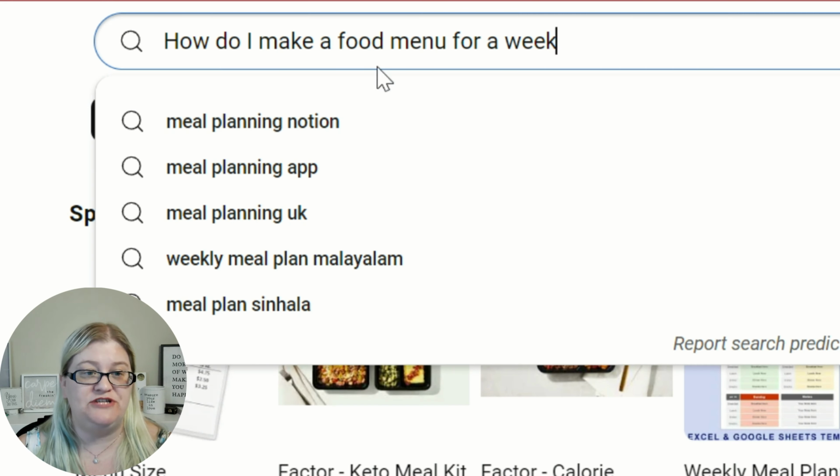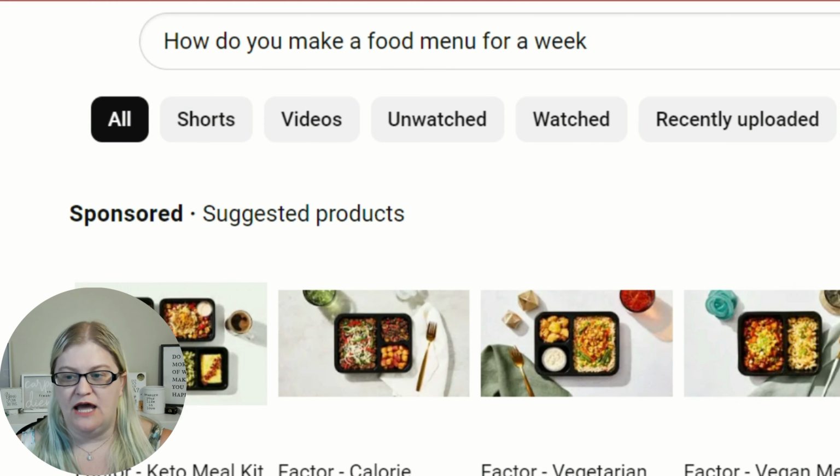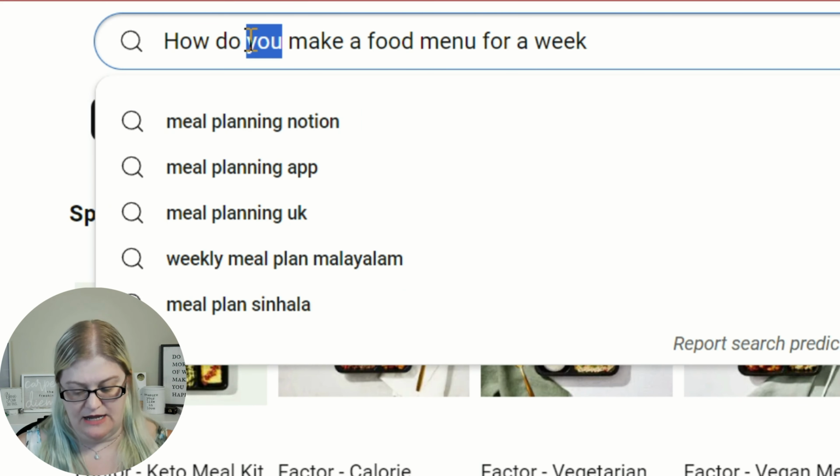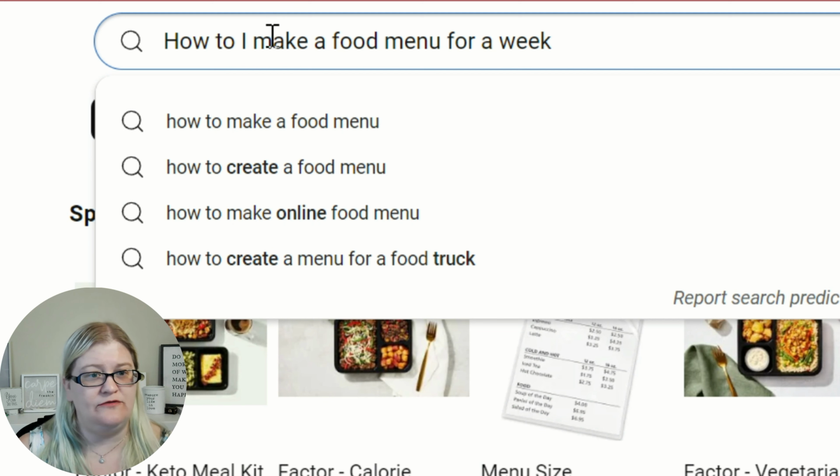Or you can change it out. So like things that are really easy to change. So this is how do I, I might change this to how do you. And it actually lowered the score, so that's not better. So we would put it back to I. How do I make a food menu? Okay, so I might change it to how to make a food menu for a week